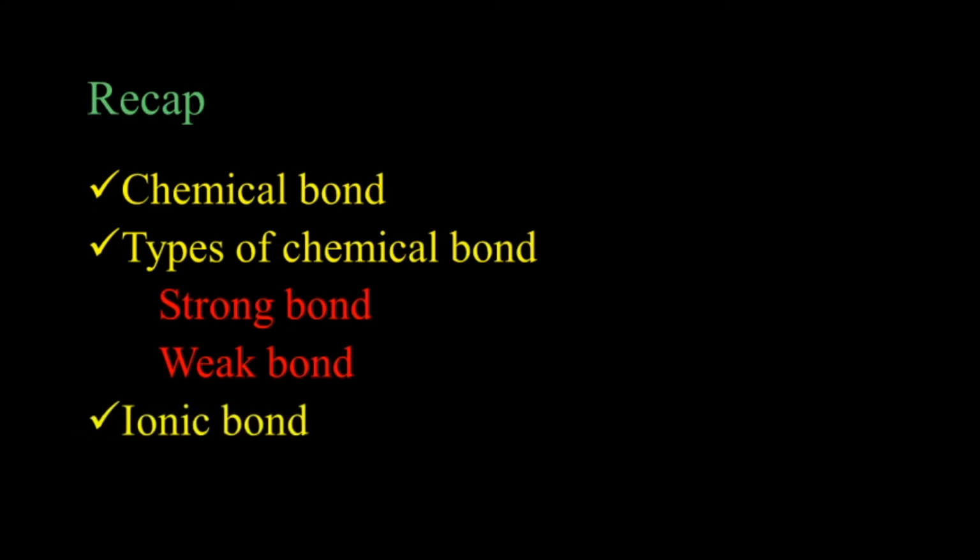And the last thing, we discussed the ionic bond. It is a chemical bond formed by the electrostatic attraction between positive and negative ions. What are the other names for the ionic bond? It is known as the electrostatic bond or electrovalent bond. And we discussed electrovalency: the number of electrons that an atom of an element loses or gains to form an electrovalent bond is known as electrovalency. And we discussed examples of ionic bond also.